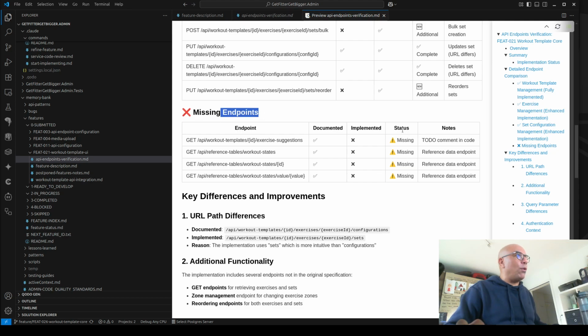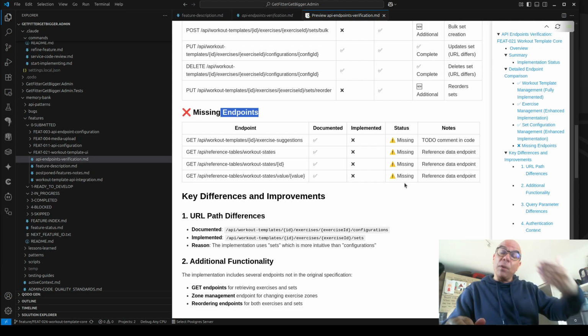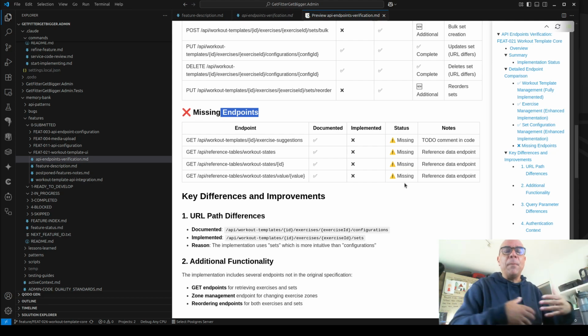Here these endpoints are missing because we have not implemented them yet on the side of the API: the managing of the exercises in a workout. We're just going to maintain the workout and be able to move it between states, draft, production, and archive, and create the workout change. And then in a second feature, we're going to add the exercises to the workout. Exercises that could be a warm-up, the workout itself, and the cool downs, and even whether this will be a workout that is every minute on the minute, or an AMRAP, as many reps as you want,